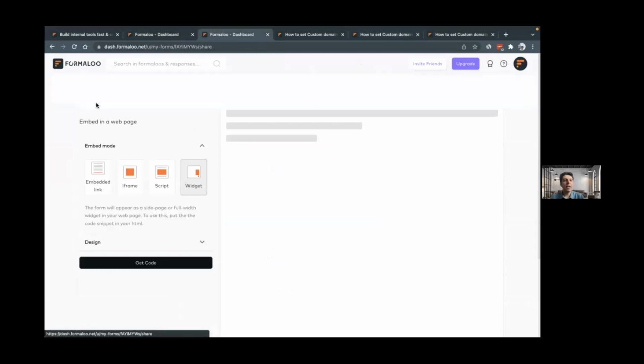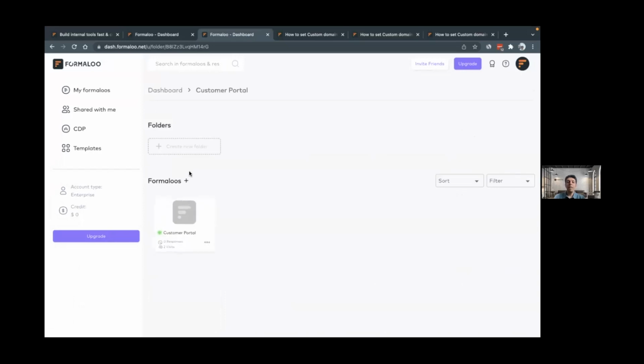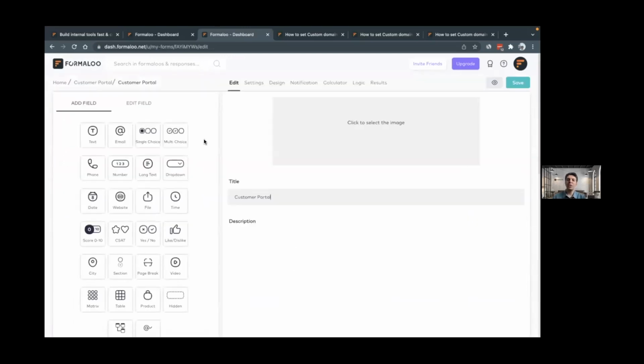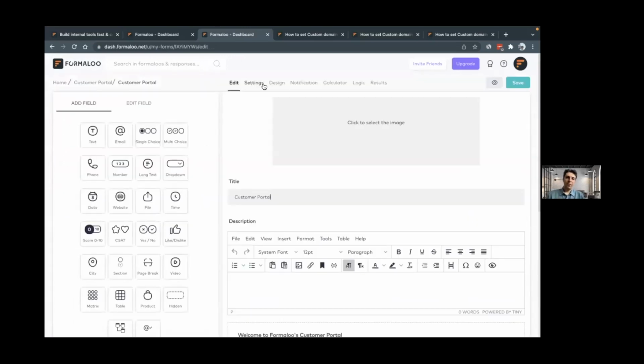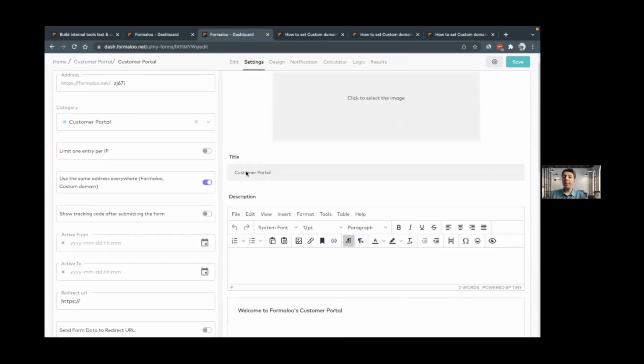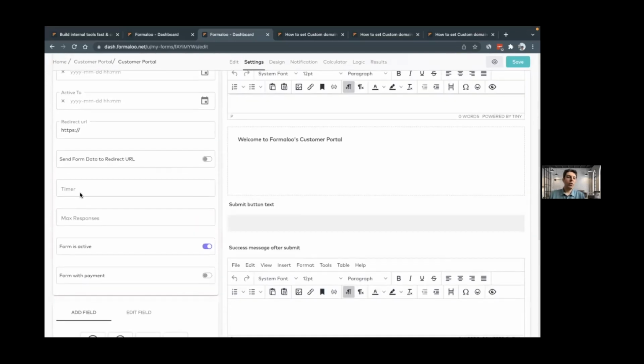Another great thing that I want to mention is that you have now more abilities to customize your designs and customize your forms. A few things I want to just mention, you can test them. For example, if I go to the settings, I can limit entry per IP. For example, you want surveys for everyone to submit only once. You can limit them per IP, or better than that, you can turn this on and make, for example, your